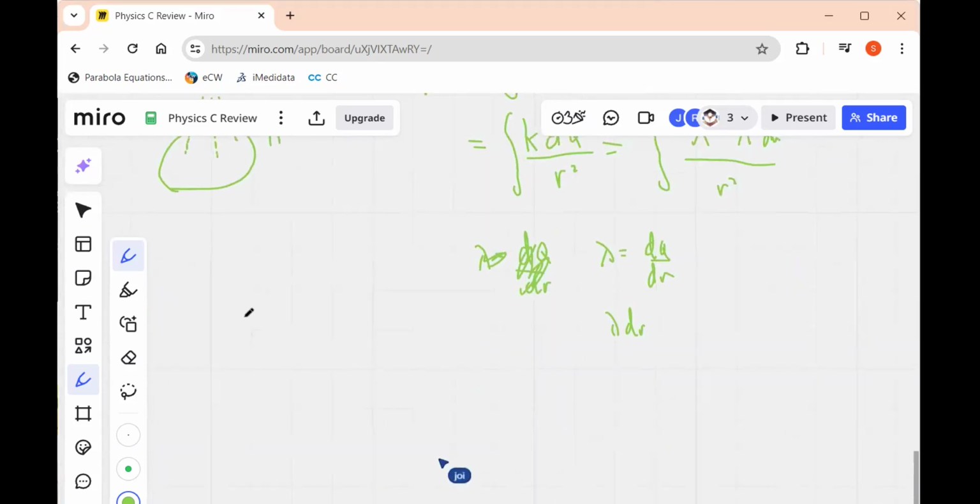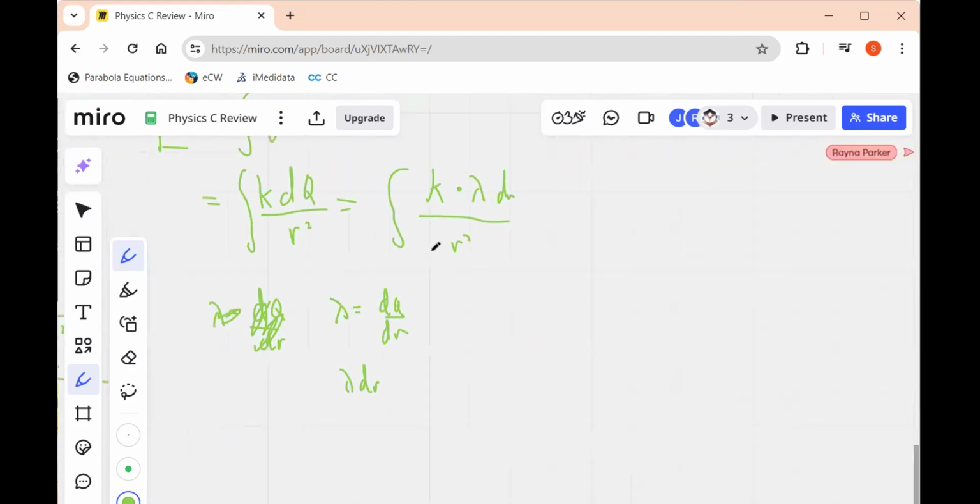And so x over the square root of x squared plus r squared. And so this is equal to,